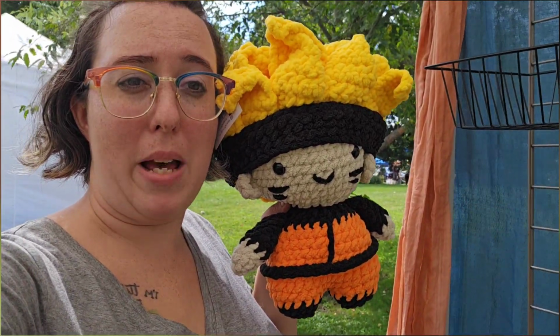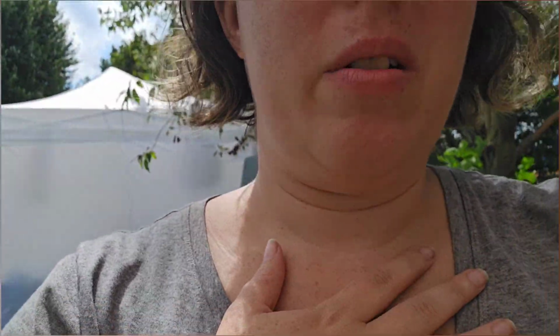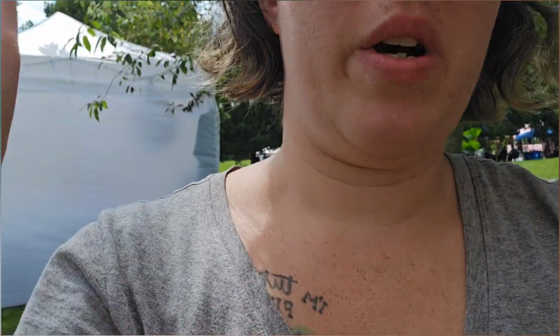He is massive, and all of those hair pieces I had to sew on individually. It took me the entire day at a craft show to sew on his hair. So my time is valuable. I don't know if she doesn't value hers or what it is, or if she tried to,